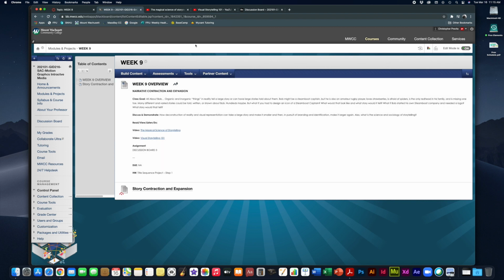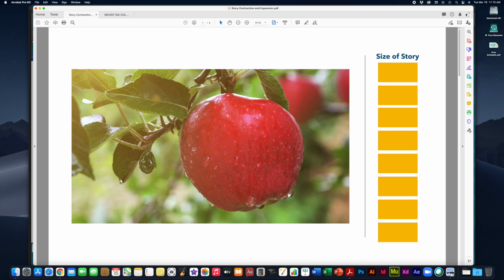First things first, let's take a brief overview of narrative contraction and expansion. So this is the handout I have for narrative contraction and expansion. It's not very complex, but just to go over the concept again, the idea is that the more realistic and the more visually rich something is being presented, the more complex and rich the story about it is also. We looked at this photograph of the apple hanging in the orchard, and we imagined that if we started asking a lot of questions about it,